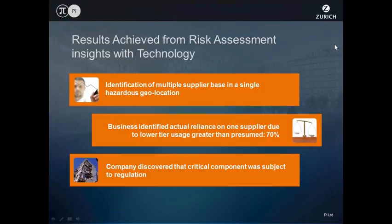And you can imagine a French company inviting an Englishman over to France is already a challenge. And I think when the risk directors said they were getting Zurich in, they were thinking, what does Zurich Insurance as an insurer really know about supply chain risk? But the mood of the meeting, I'm pleased to say, changed quite quickly because the procurement team started off quite